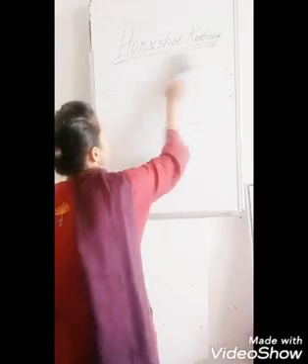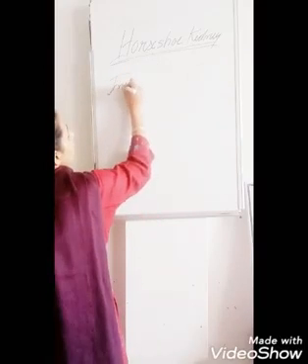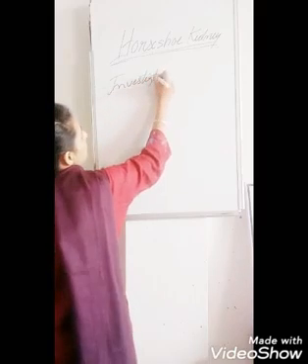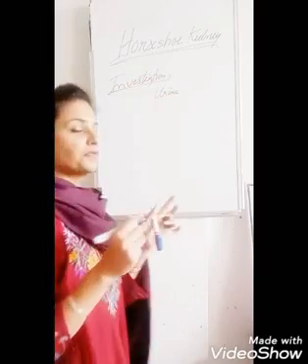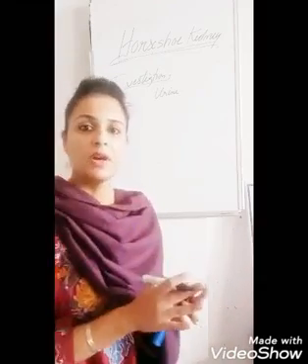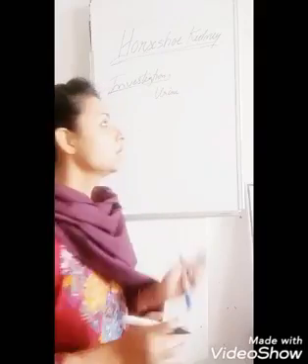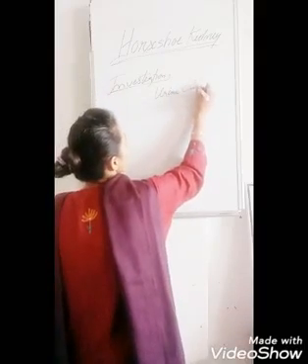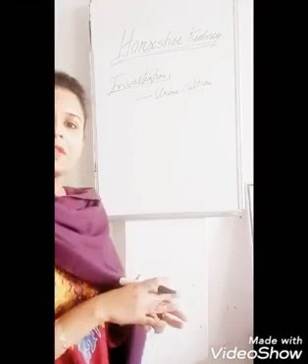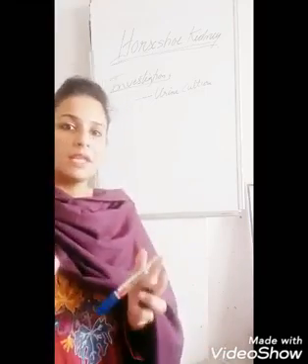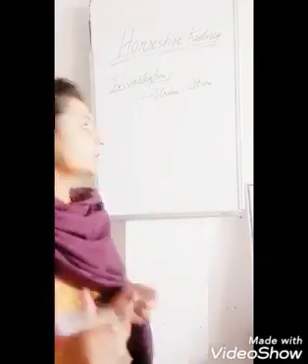In investigations, if there is any infection, then we will go for the urine culture. If there are accompanying features like fever, chills, rigor, body ache, and malaise, then this indicates that there is some infection. So then we will go for the urine culture to detect the causative organism, and depending on that organism we will prescribe the medication. The antibiotics will be given on the basis of the organism which has caused the infection.